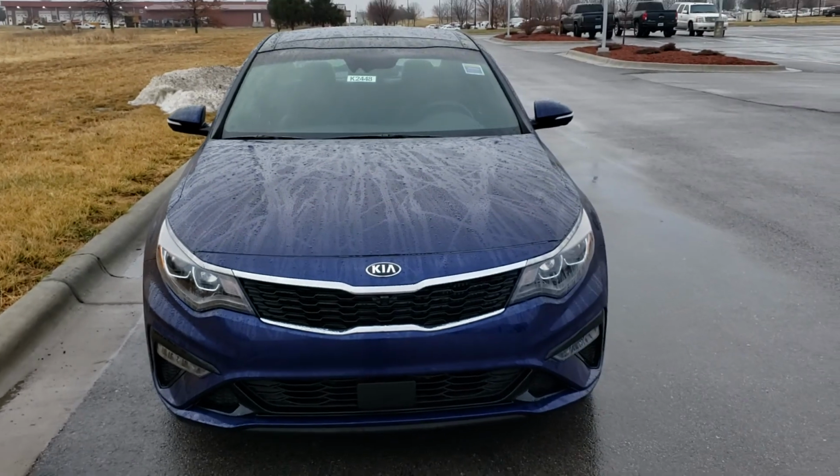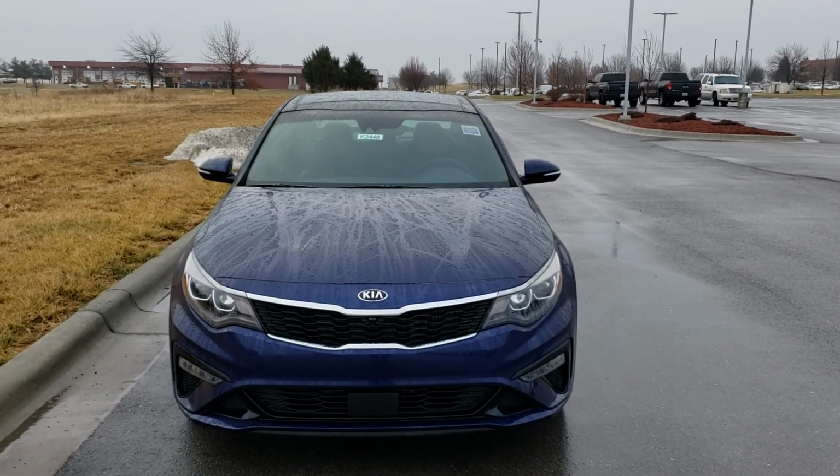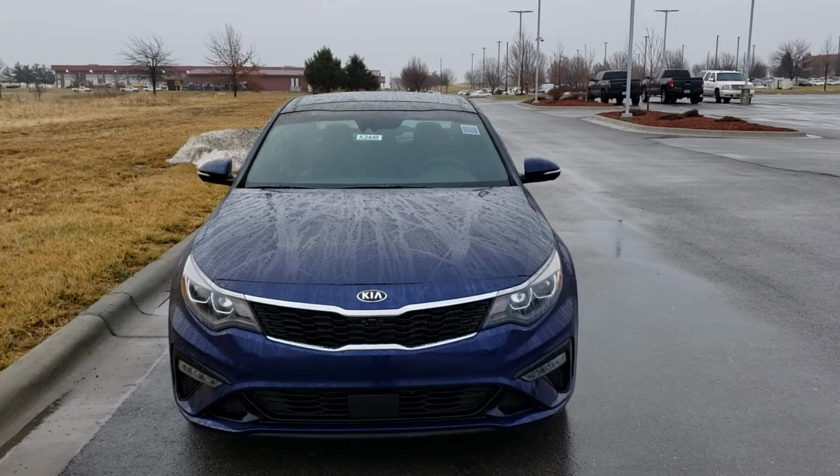So yeah, that's the 2020 Kia Optima SX. And this is a gorgeous blue, but we got some other colors as well. So if you like what you saw, you want to learn a little bit more, if you have any questions,